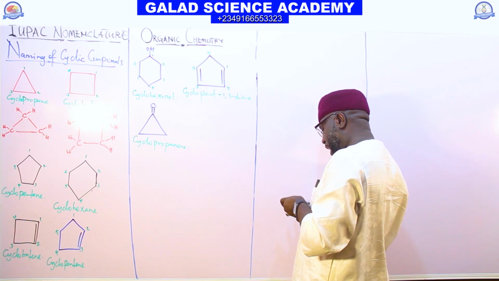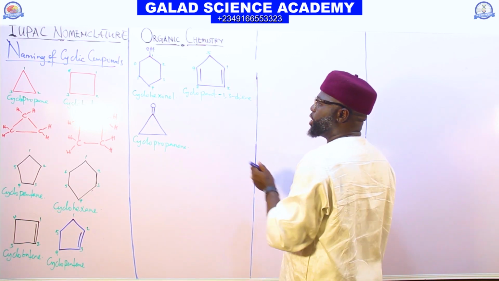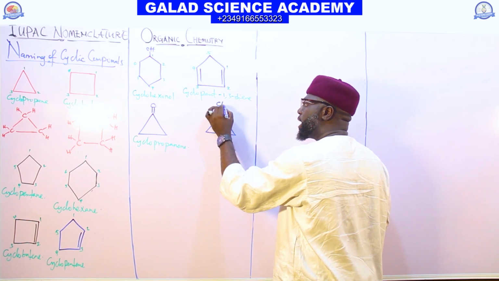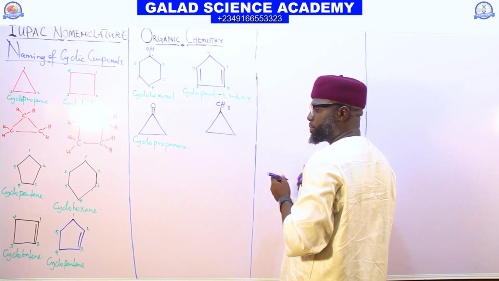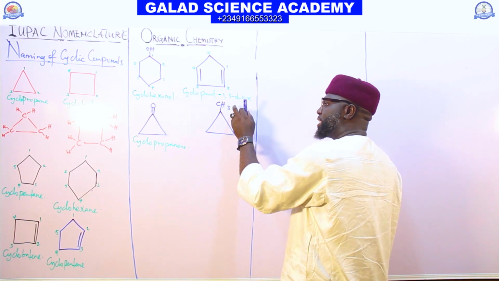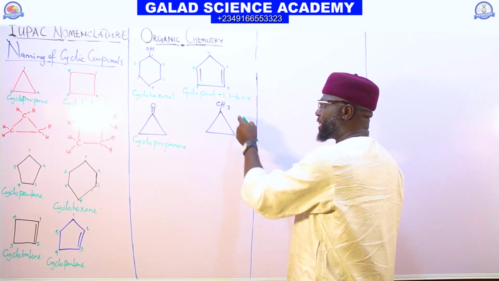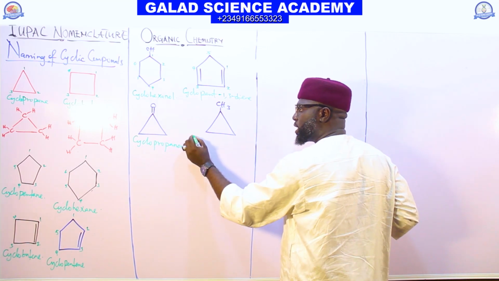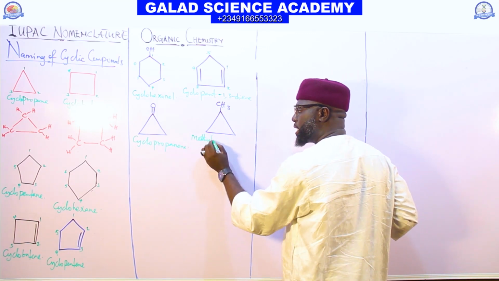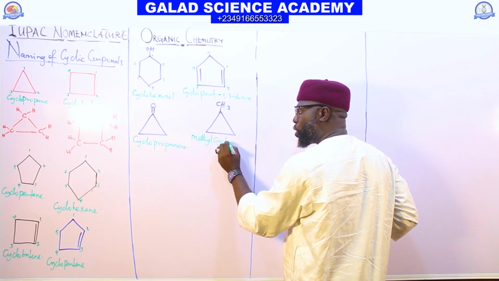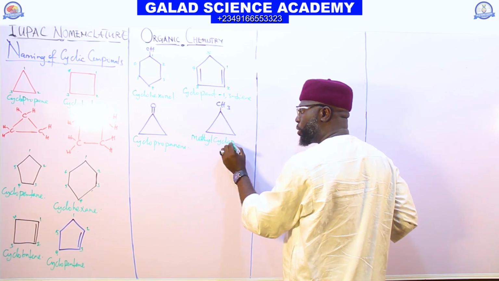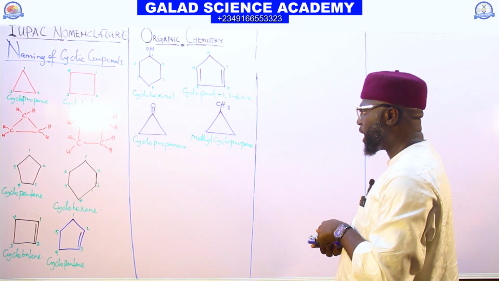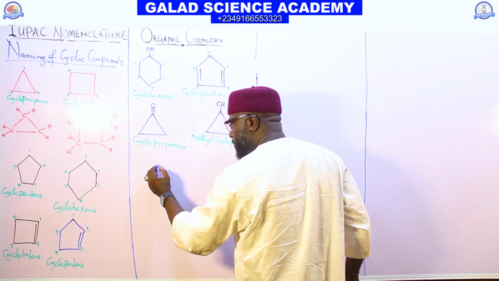So if you have a compound again like this, with CH3. This CH3 here is methyl, attached to this cyclopropane. We call it methylcyclopropane. And in the case of another one, if you have a